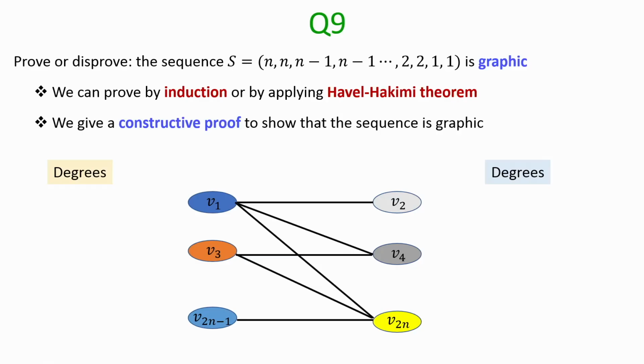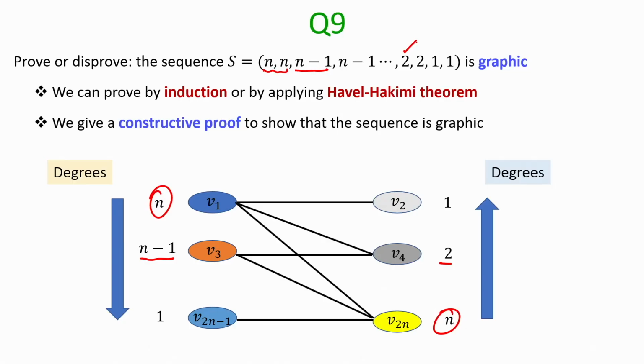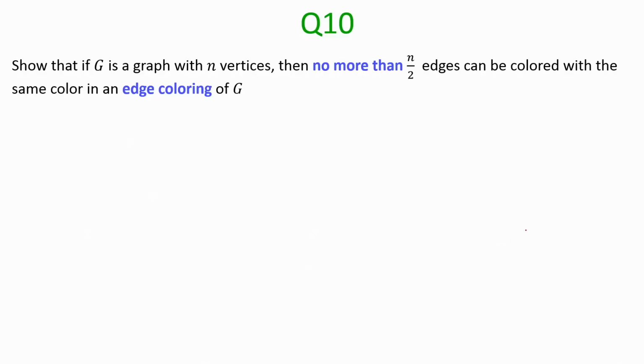Now, what can I say about the degrees of the respective vertices here? It is easy to see that these two vertices will have degree n. So, indeed I need two vertices of degree n. I will have this vertex of degree n minus 1 and this vertex of degree 2. So, I got one vertex of degree n minus 1 and one vertex of degree 2, and if I continue I will find that I will get two vertices of degree 1, and then eventually I will obtain the second vertex of degree n minus 1 and so on. So, that is a very simple construction to show that this sequence is a graphic sequence.